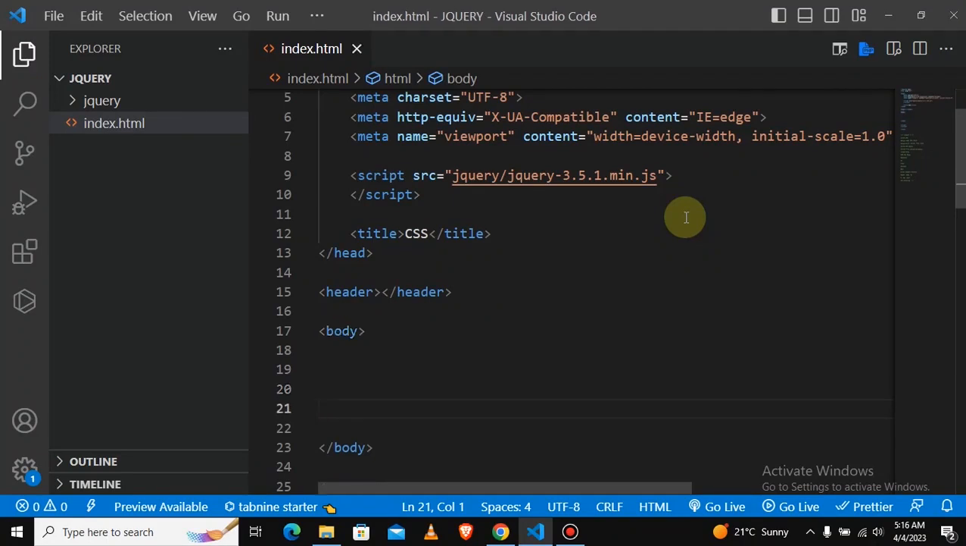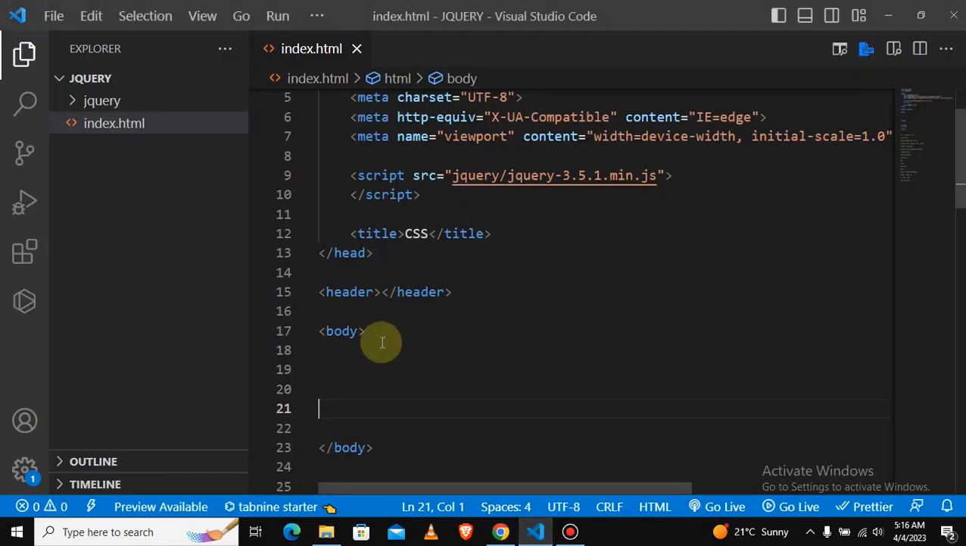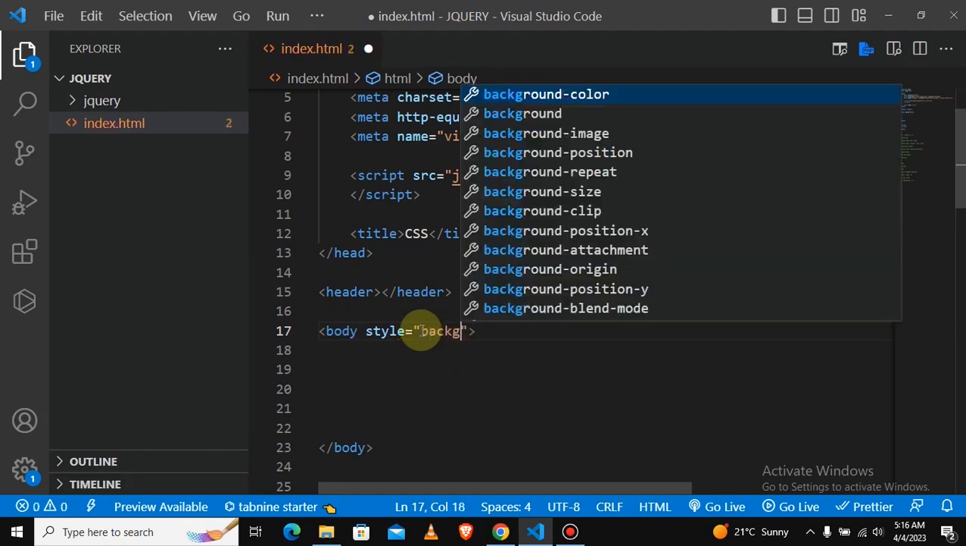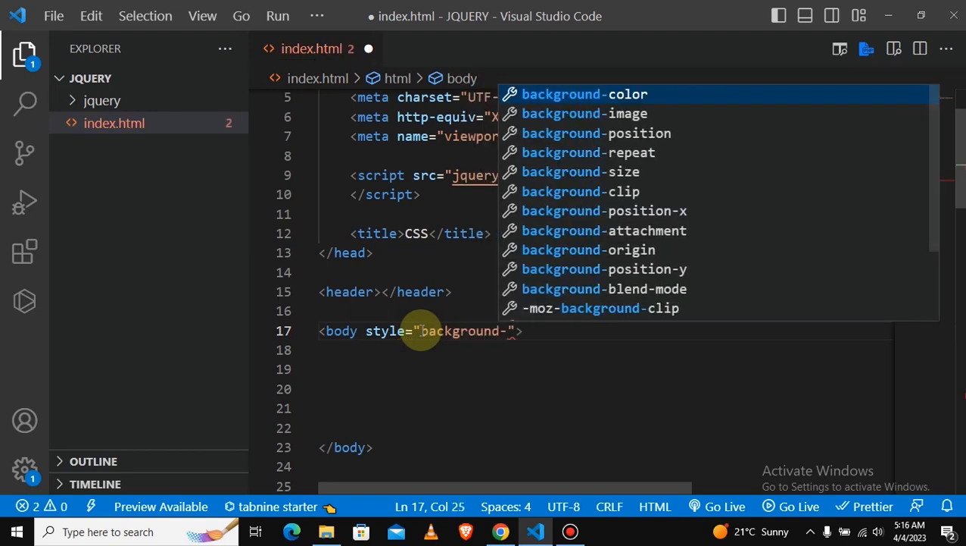Okay, let's just save and refresh the browser to make sure that there's nothing going on that we are not aware of. And then what we are going to do is add the inline CSS on the body of the HTML element. Okay, so this is how you add an inline CSS style. You just type style is equal to, and then what do you want to change? You say background color,